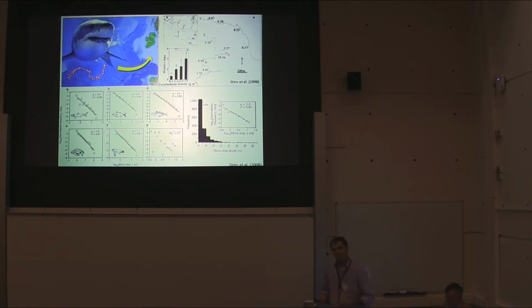And more recently, with some of those co-authors who were up there at the start, as part of this project, they then moved on to look at benthic invertebrates and other invertebrates. And in these patchy, low dispersed food settings, you find these Lévy flights everywhere in modern organisms. Interestingly, juvenile basking sharks, for instance, don't show this. So this is a pattern that is learnt by organisms through their life, by trial and error, and presumably by